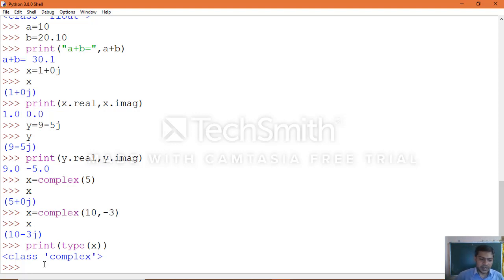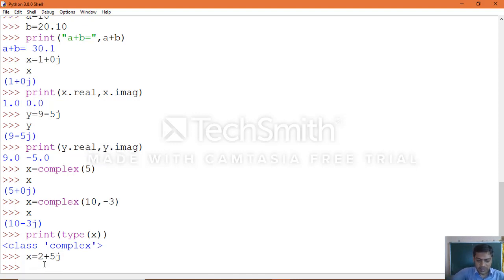Now we can perform addition also on this, in the same manner. You can see the example from the textbook, x equal to 2 plus 5j, and y equal to 4 minus 2j.